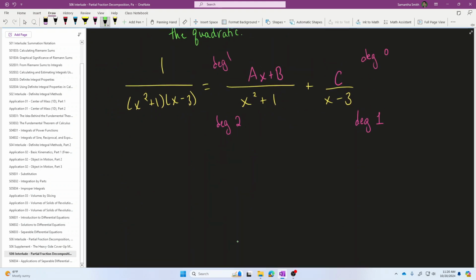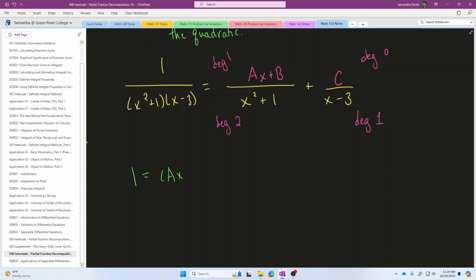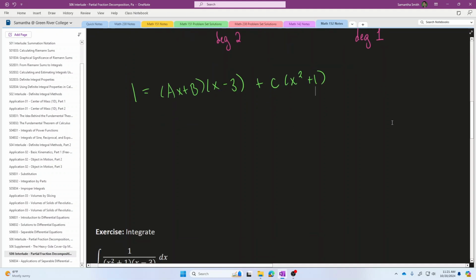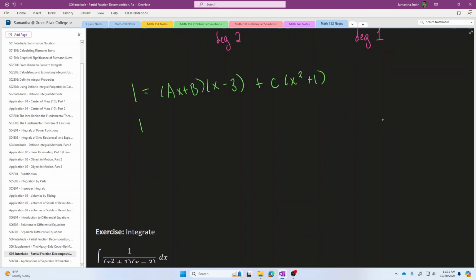So multiplying through by the least common denominator, each fraction will get a copy of the factor that it does not have already. So this denominator has everything, so only the 1 will come down to the next line. This denominator is missing an x minus 3, so an x minus 3 will show up in the next line. And this denominator is missing an x squared plus 1, so an x squared plus 1 will show up in the next line. And now, if I simplify this expression by distributing,